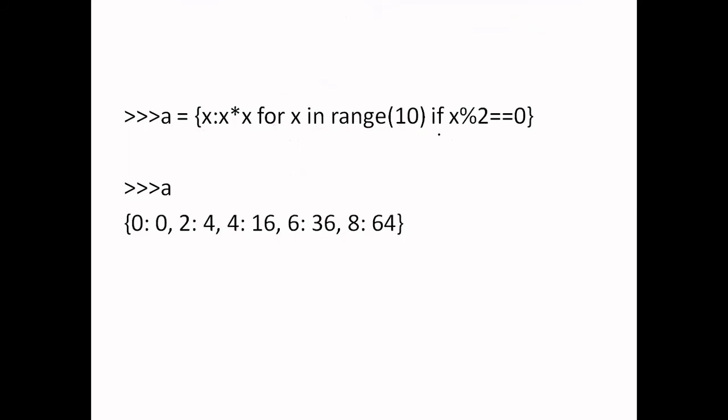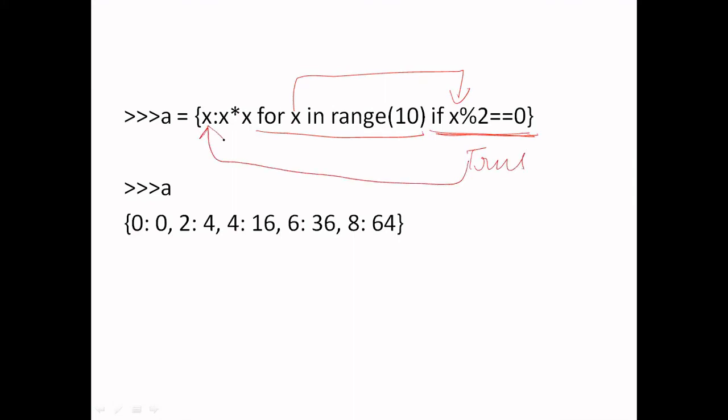We can also have this predicate part, which is optional. If there is a predicate part, first the input part will be evaluated and then the element of this input part will be tested for the condition, and only if this condition evaluates to true, then this output part will be executed. So in this case, the range function will return a sequence of elements starting from 0 up to 9, and one by one these elements are assigned to the variable x,